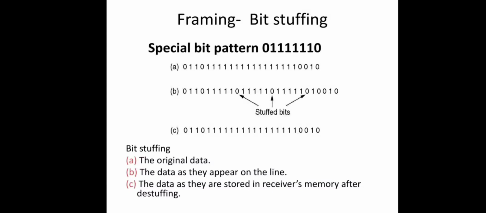That means every valid bit will have a transition in the middle, right? So if there is a combination with high-high or low-low, that means it's not a data bit, and such a combination can be used to indicate the frame delimiter. That is the fourth method. So these are the different methods for framing. So we have covered the second design issue in the data link layer, that is framing.